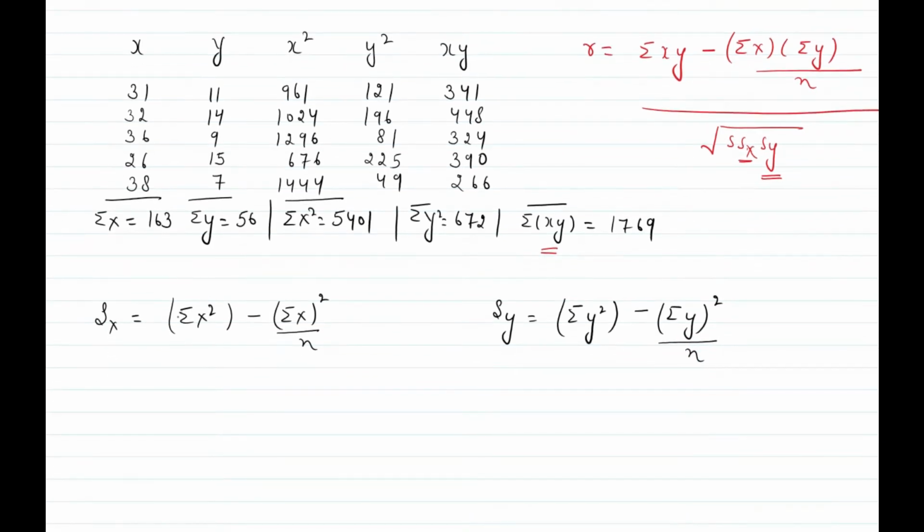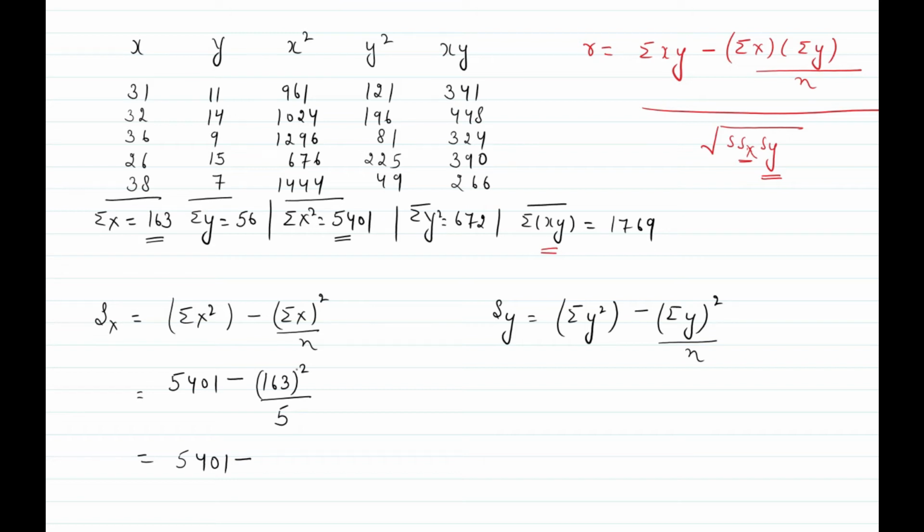Now put the value of summation of X square, 5401, minus summation of X, that is 163, whole square divided by N. N is the number of terms given in our data. How many terms are given? Total 5 terms are given, divided by 5. So this comes out to be 5401 minus